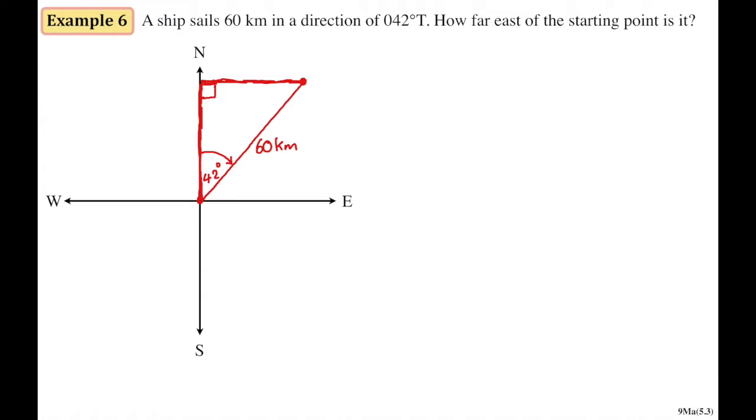That's a right angle triangle, and now I have a right angle triangle. I know my angle, I know my 60 kilometre side, and it says how far east. Now east lies on the horizontal line, so when it says how far east, in my triangle it means find the horizontal distance. And now I have enough information to answer this question, because for my 42 degrees, the opposite side is x, and the hypotenuse is